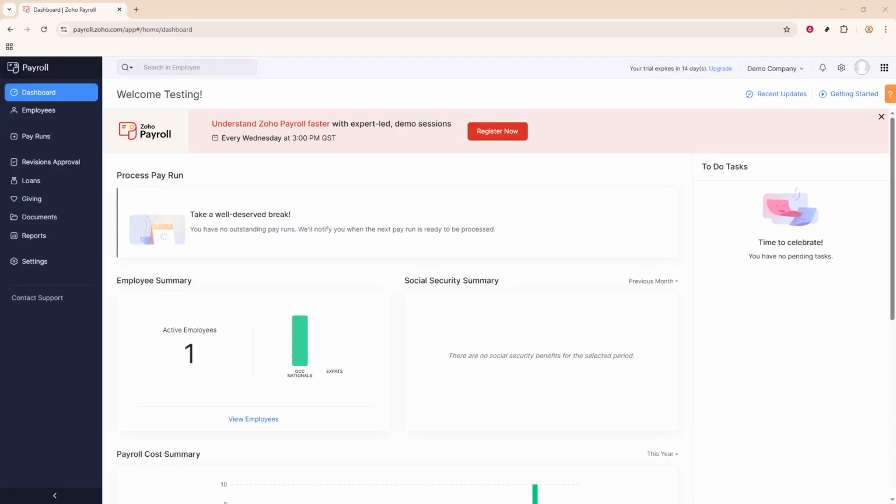In today's video, I'm going to teach you how to add a bonus in Zoho Payroll. As we guide you through this process, our aim is to make it as straightforward and efficient as possible. Let's dive right in. First things first, to get started, you'll need to navigate to the left sidebar of your